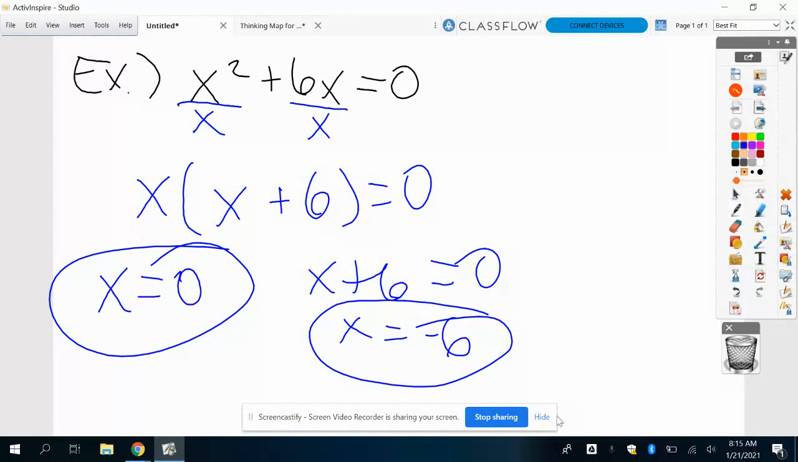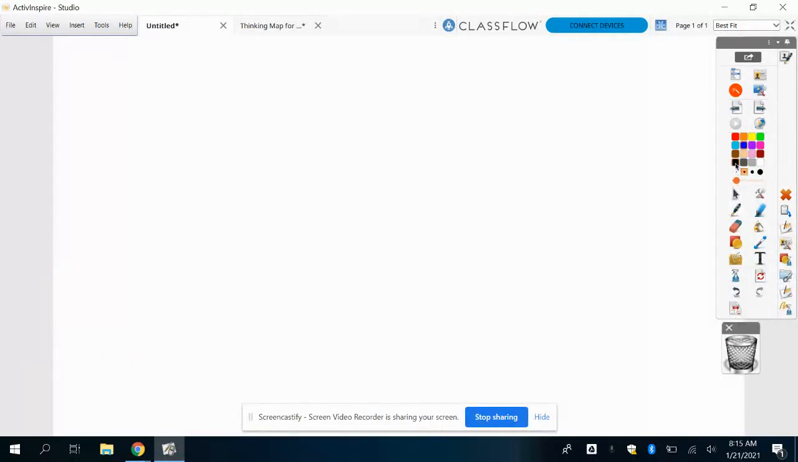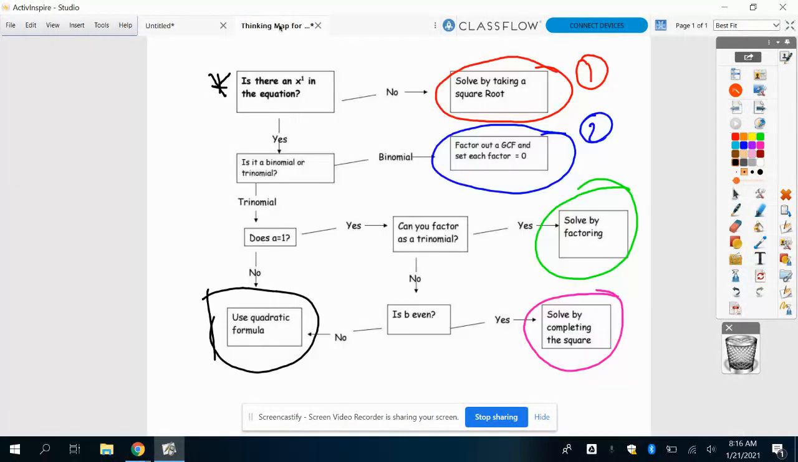And then here's the next one that we're going to look at. So the next example is the following. We have x squared minus 10x equals 8. So if we go to our thinking map,